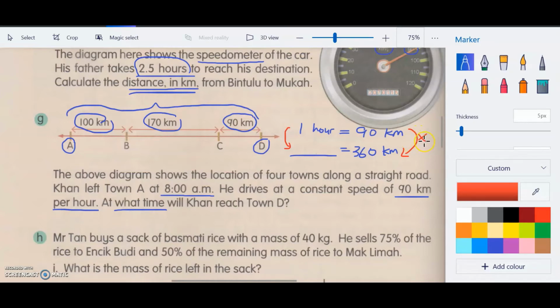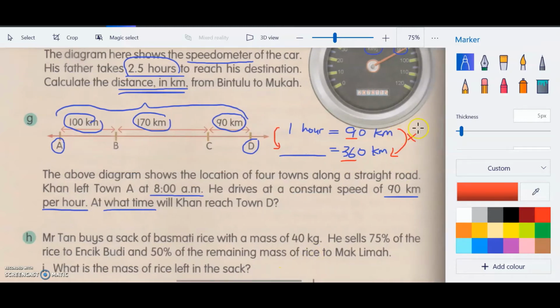Now what number do we times? Now if the number is too big, you just look at the front number. This is 9, this is 36. Now 9 times what equals 36? This is your multiplication table, 4. So 9 times 4 is 36. So 90 times 4 is 360. So the right side times 4, the left side times 4. 1 times 4 is 4. So it takes 4 hours